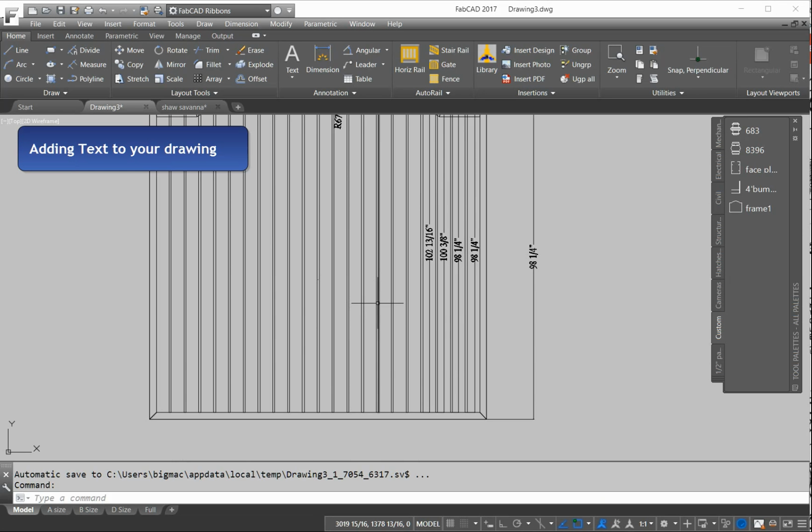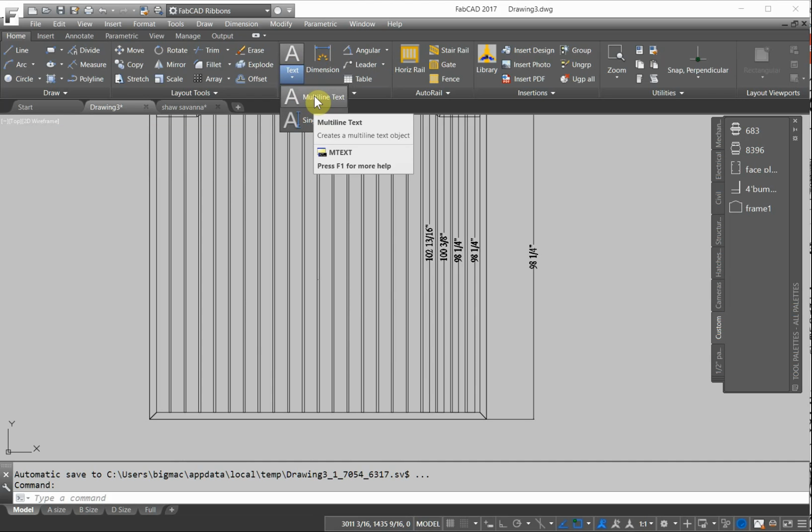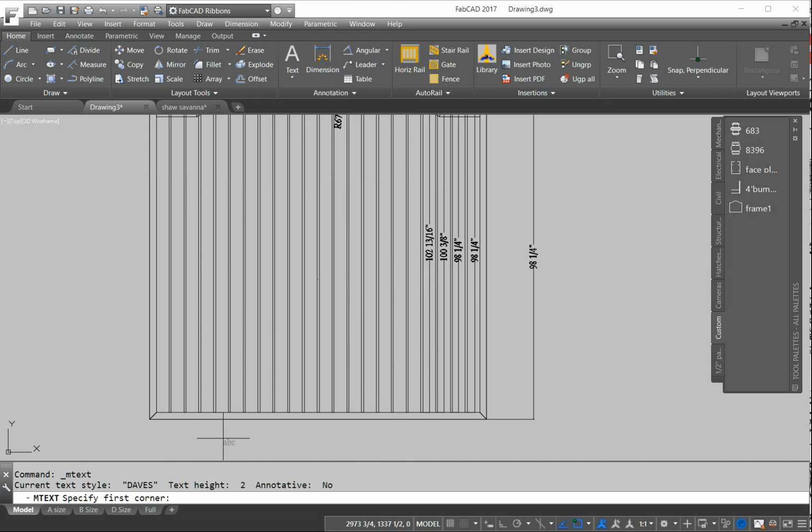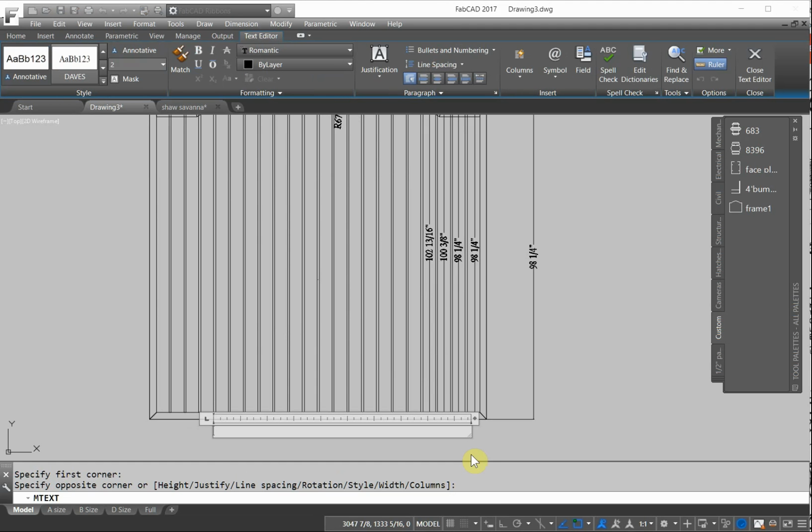To add text, you just go up here to the text area here. We've got 2 with single line text and multi-line text. The multi-line text is probably the easiest one to use. You just put a rectangle in the area that you want to put your text, and I could put in here like walk gate